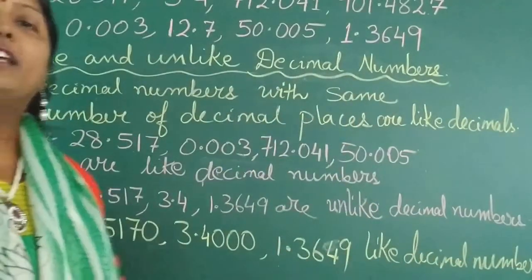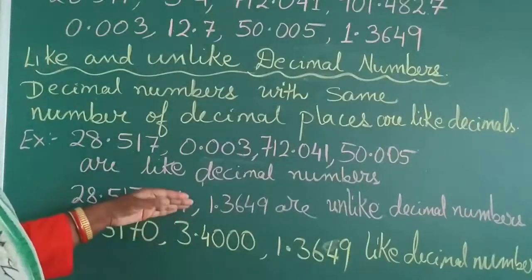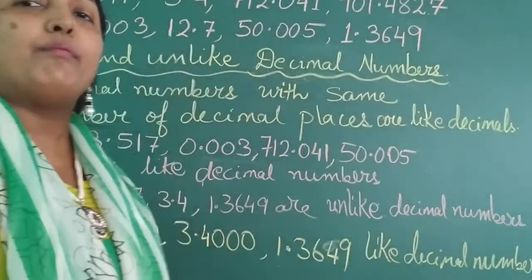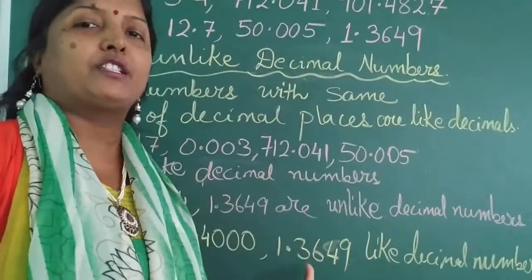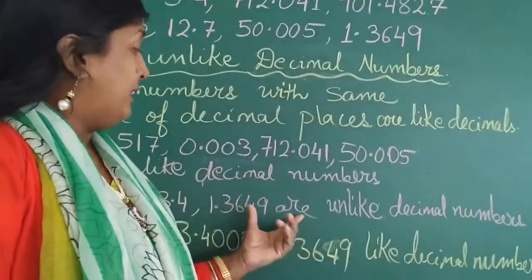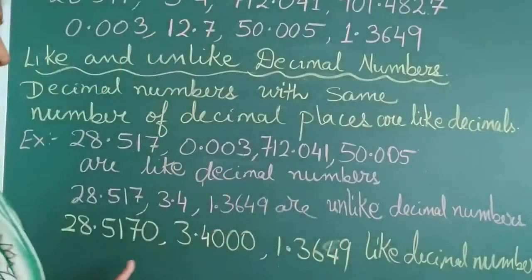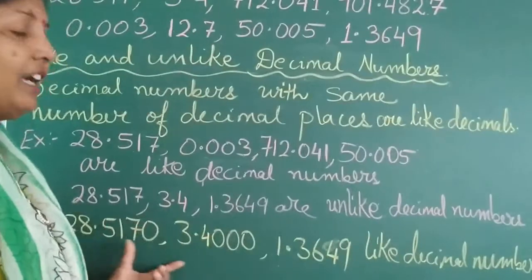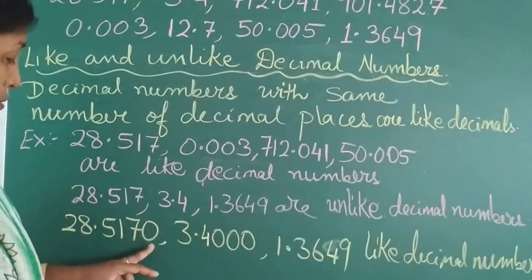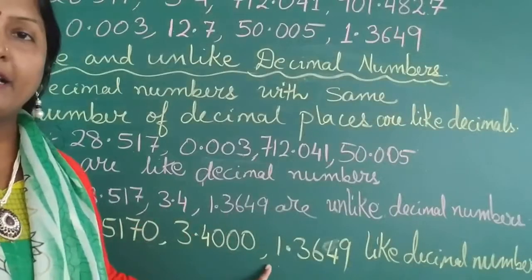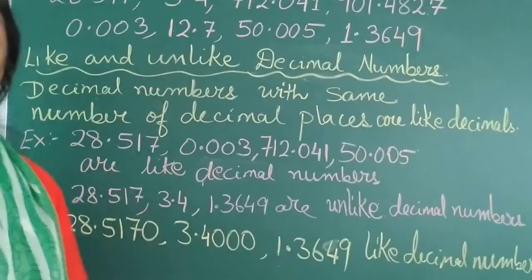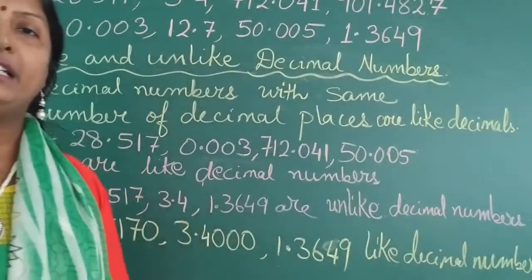So now you see, to convert unlike decimal numbers to like decimal numbers, the only thing you have to do is see the maximum number of decimal places. Which number has the maximum decimal places? That many zeros are to be put to make all the unlike decimals like. Here one digit was less, so I added one 0. Here three were less, so three zeros. So this way we converted the unlike decimals to like decimals.